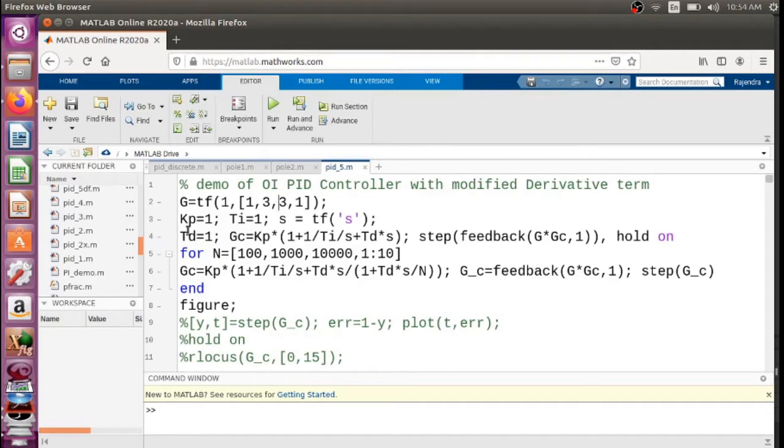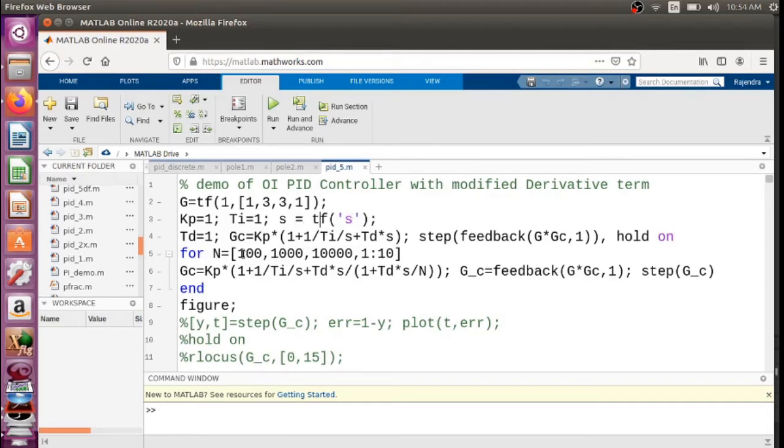If somebody wants to write the transfer function directly in s form, we can define s equals tf('s') in quotes.